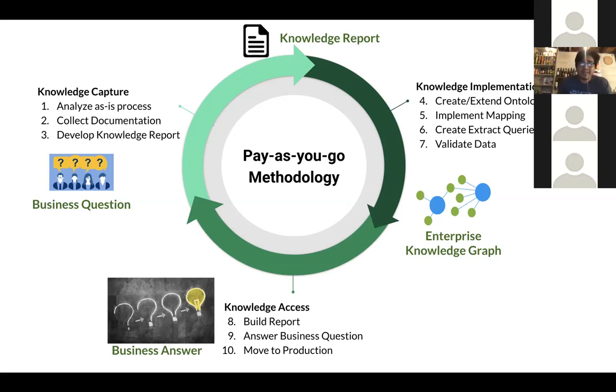The first thing you should ask is, can I answer that second question with the current data that I have? And if you can't, you realize, well, I'm missing this other piece of information, the other piece of knowledge. All you do is start extending that knowledge graph with more data, little by little, and you keep going through this pay-as-you-go process. Down the line, you realize I'm going through questions 1, 2, and 3, but with the data that I've generated to answer questions 1, 2, and 3, I can answer questions 10, 11, 12, because I really have this well-defined data in this knowledge graph. You keep going through this iteration. So let me go into a little bit of the detail of each of these steps.